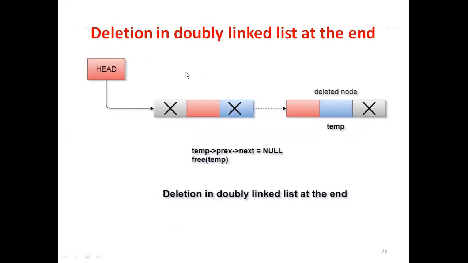So next operation is deletion in a doubly linked list at the end. Now you see here in this diagram there are two nodes. This is the last node, so deletion at the end means we will delete this last node. Before deleting the last node, we have to go to the last node, so you have to traverse the list starting from the first node. How to do that? We can use a temporary pointer temp. Temp will start traversing from the first node and go to the last node. Now you see temp is pointing to this last node, that means the last node's address is present in temp.